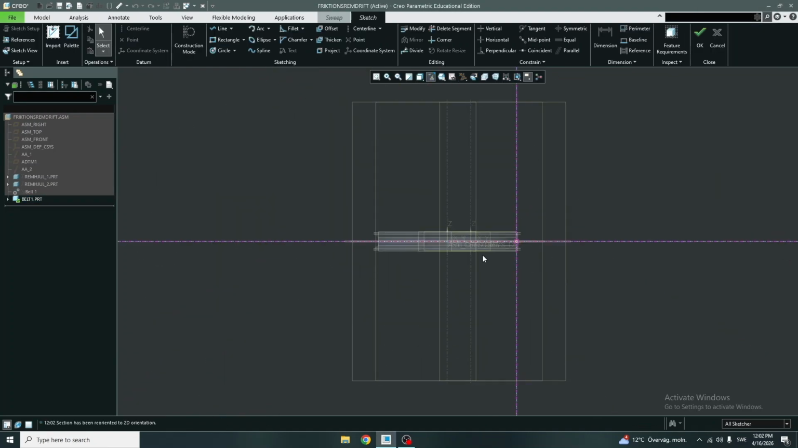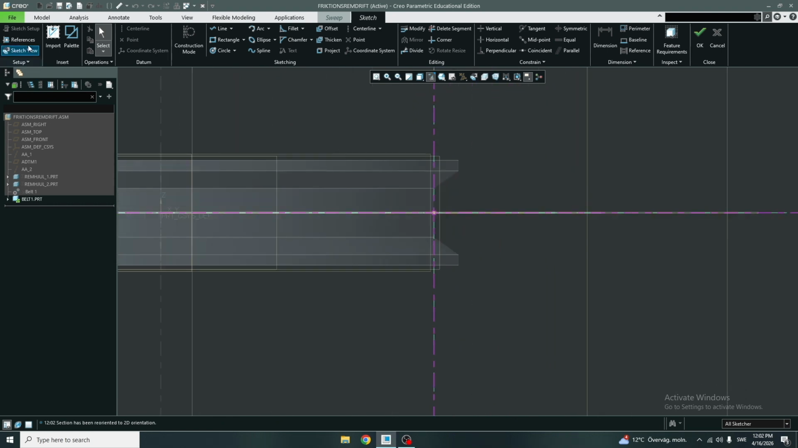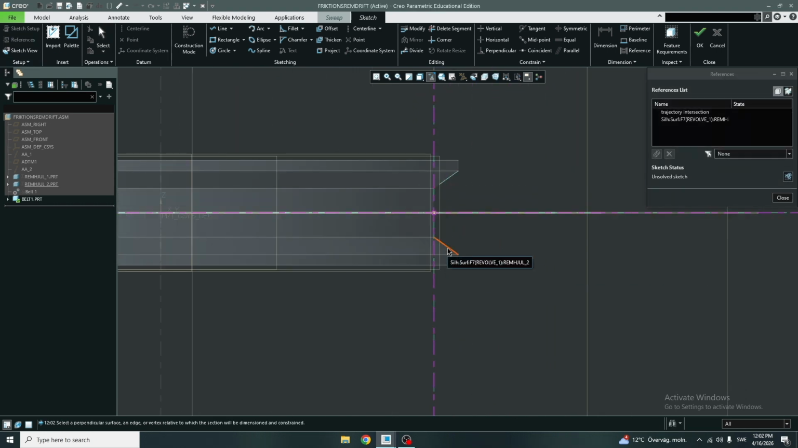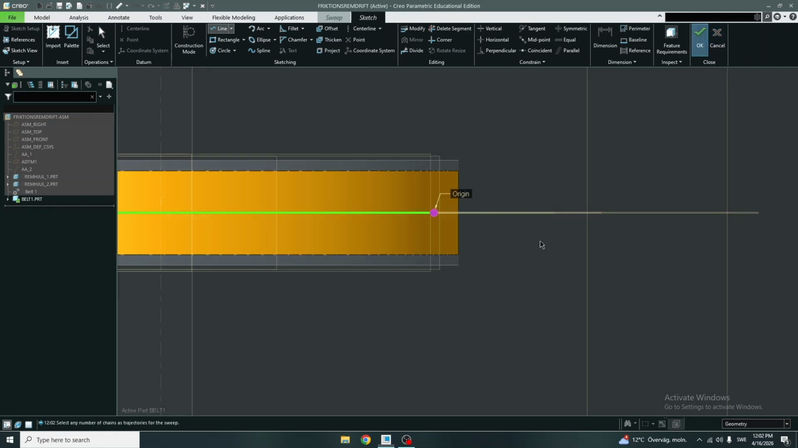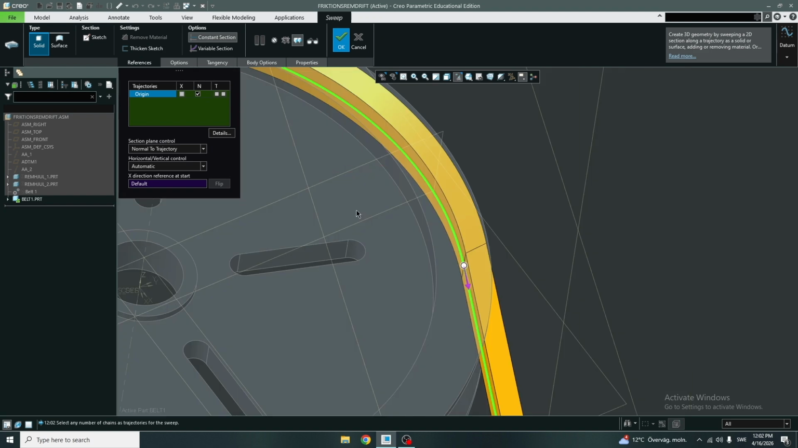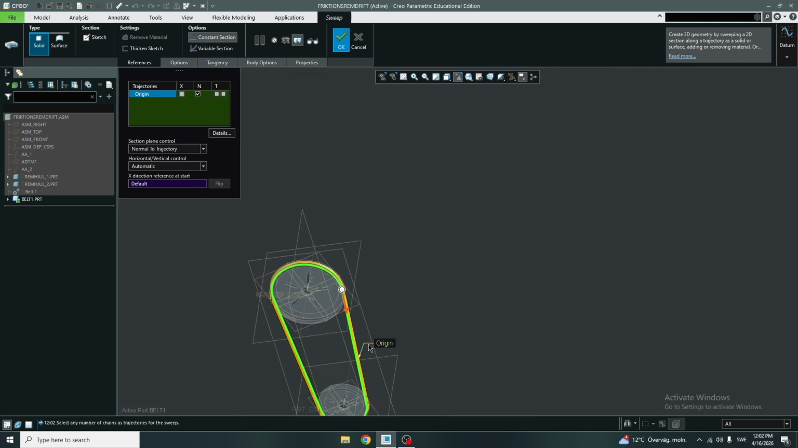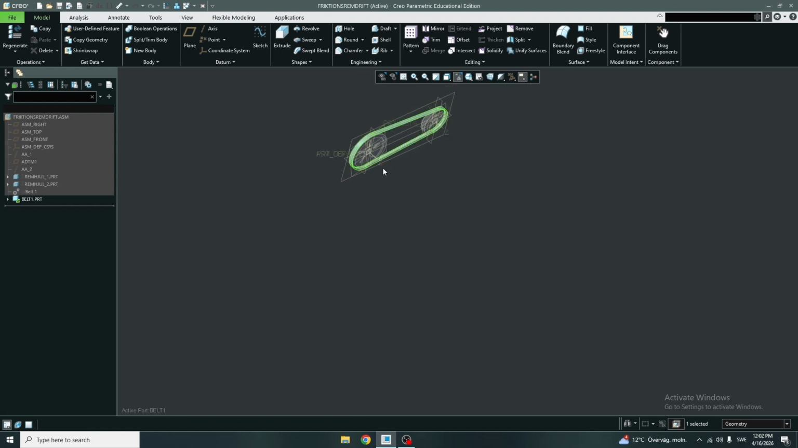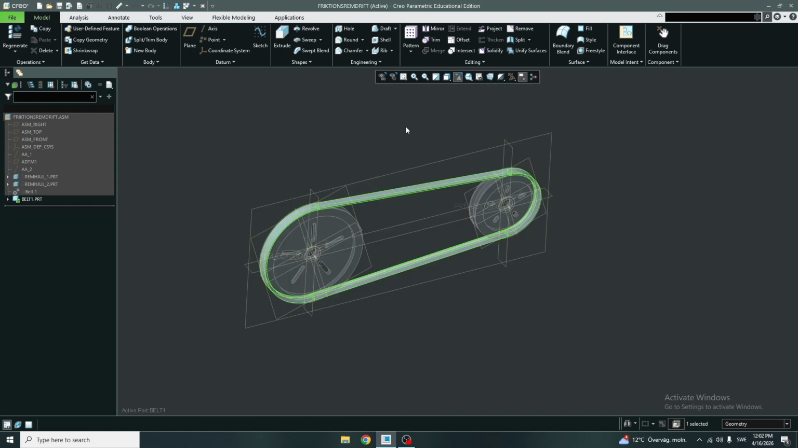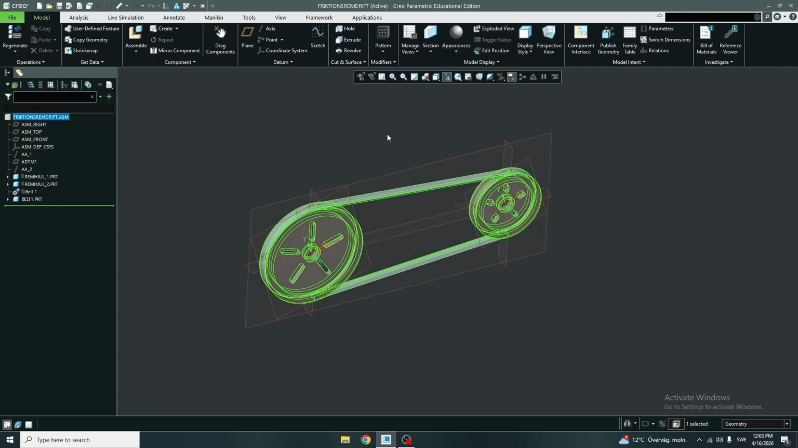Go perpendicular to this and choose the references. These two. And just do your cross section for the belt. That's okay. And 360 degrees or around the hole. Now we can activate the assembly